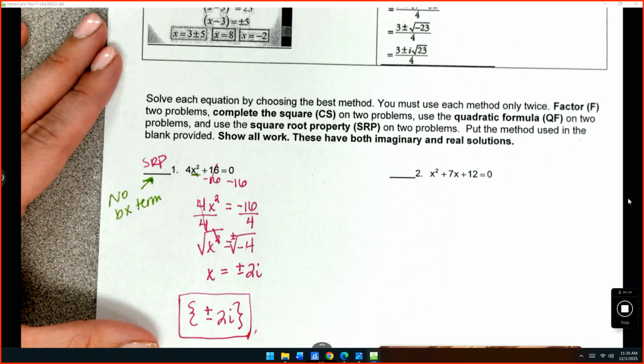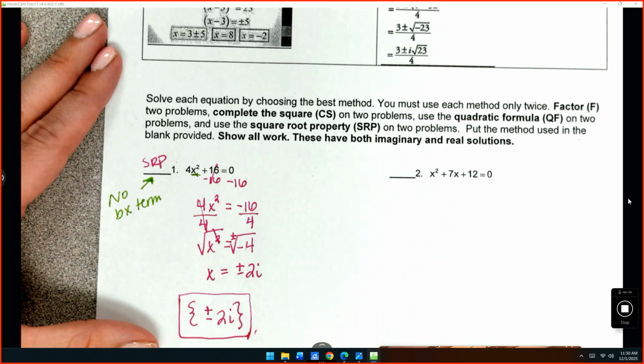Okay. So far, so good? All right, let's look at number 4. Well, that one looks different. Right? Okay, so if I go to my flow chart,